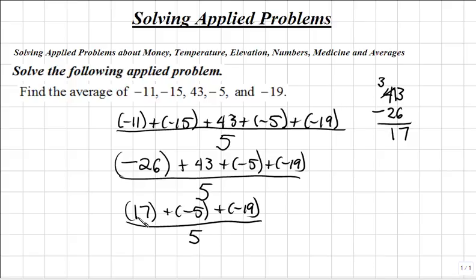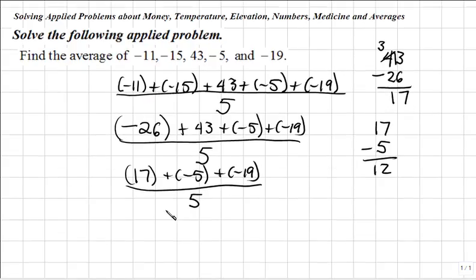Next, we have 17 plus a negative 5. Again, to add two numbers of different signs, subtract the smaller from the larger and keep the sign of the bigger number. So 17 minus 5 becomes 12. And since 17 is a larger number than 5 and is positive, our result becomes 12 plus negative 19, all